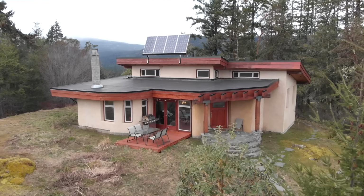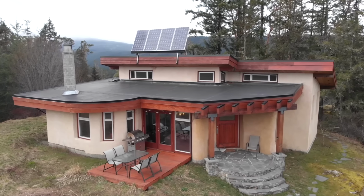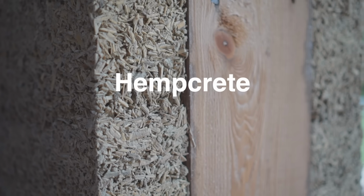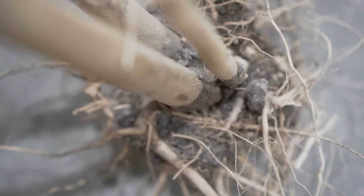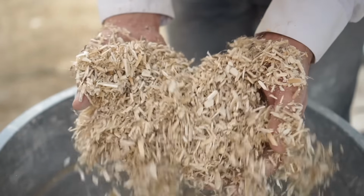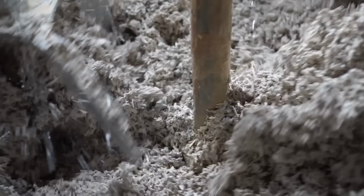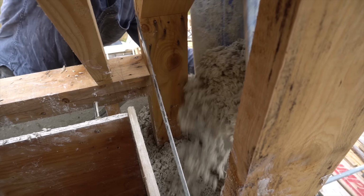Sometimes they're load-bearing walls, and sometimes the cob is used to build walls inside a timber frame structure. Hempcrete is another natural building material that we've loved learning about over the years. It's made with hemp hurd, which is the woody part of the hemp plant, and lime to create a mixture that can either be made into blocks for later use, or to build walls on site by pouring it into